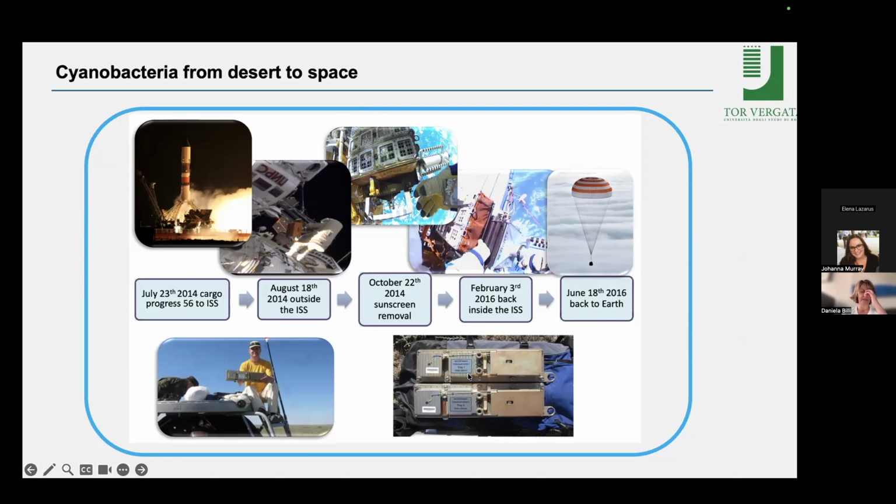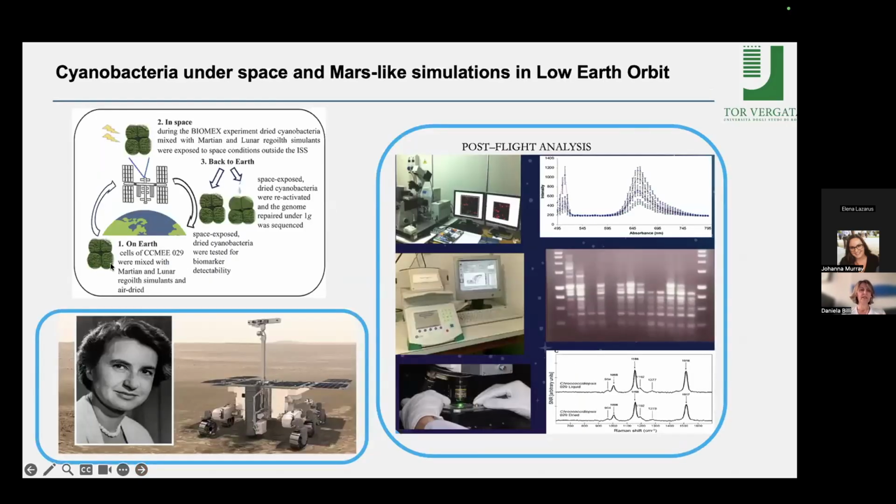Inside this facility, there were also Chroococcidiopsis samples. And what we did, first we dried the samples. Why? Because space vacuum will induce desiccation, so the sample was pre-dried on Earth, and also because Martian low pressure will induce desiccation. Then they were exposed in space, under space and Mars-like conditions for a year and a half. And in this metabolic state, they just accumulated damage. And when they came back to Earth, we